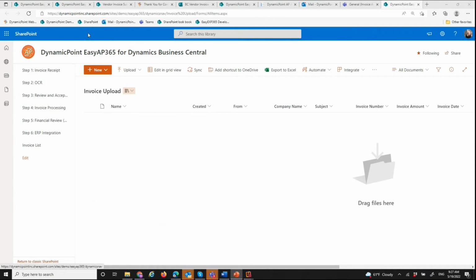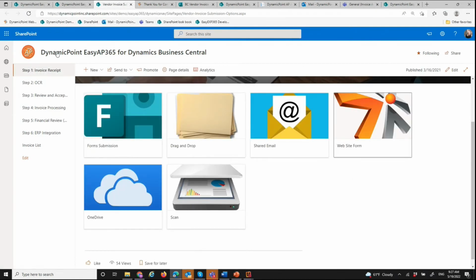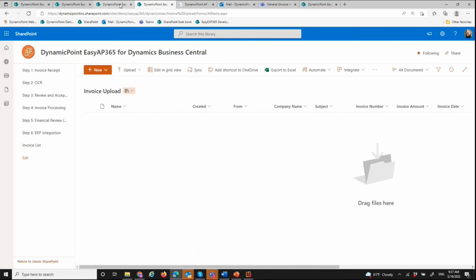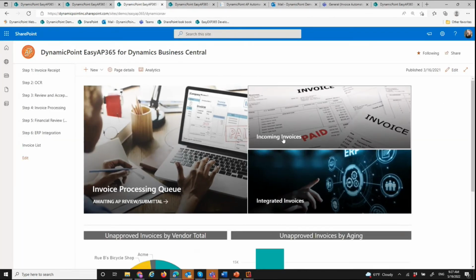And we'll go to my home page, which is here. Close out some of these tabs so I don't get too confused. Okay, so we were on this first step, incoming invoices, and now we're going to look at the second step,